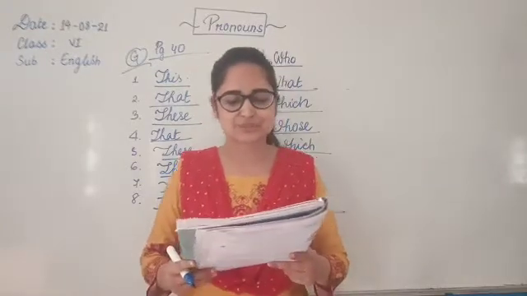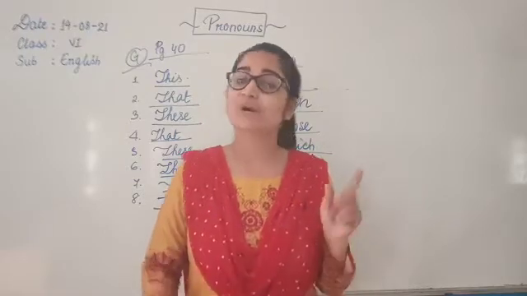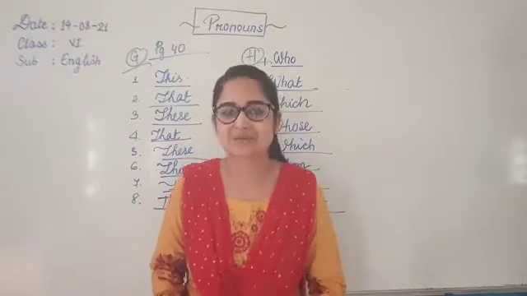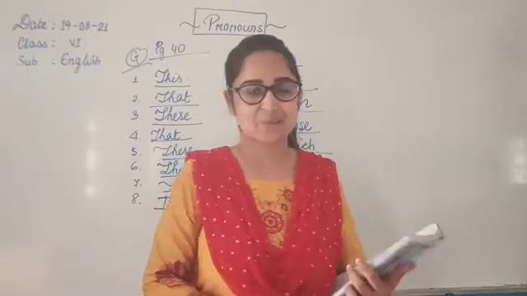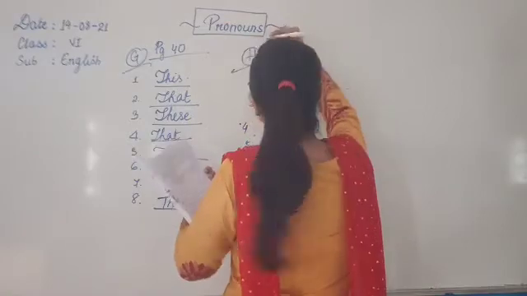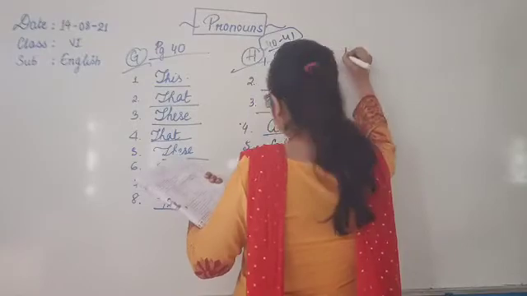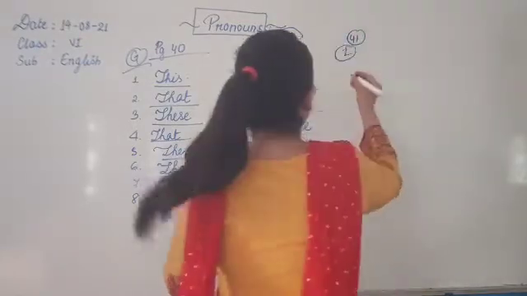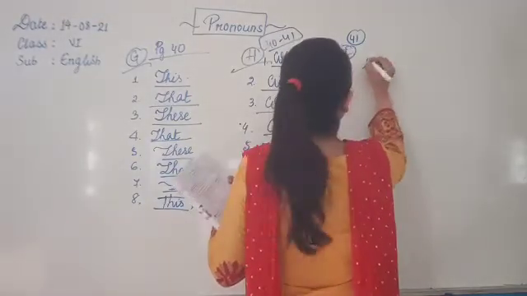Fill in the blanks with suitable reflexive pronouns, okay? The first one, Misha was angry dash. Now Misha is a girl, I told you in reflexive pronoun it has to come back to her only. So we are going to say what? Misha was angry with herself. She was not angry at anyone else. She was angry with herself. Now we are on page number 41. This was on page 40 and 41. Now we are doing exercise I and we are on page number 41. Number 1. So Misha was angry with herself.